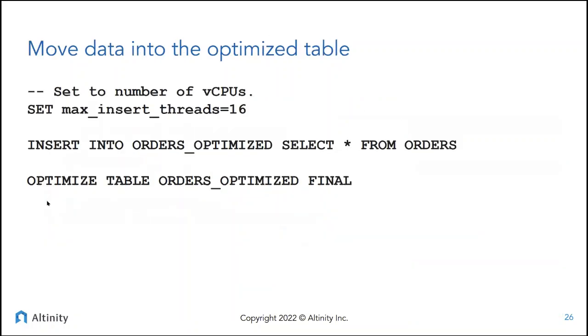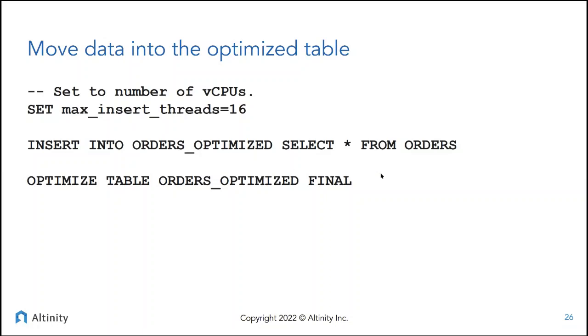So when we do this, we can just set this up, and you can either reread the data from, sort of substitute the table definition and reread it from S3. That's one possibility. What I'm going to do is actually just read it from the table that we created in the first place. So again, set the max insert thread so that I can parallelize. And then basically, I'm going to just select from that original orders table and insert it into orders optimized. That will get my data in.